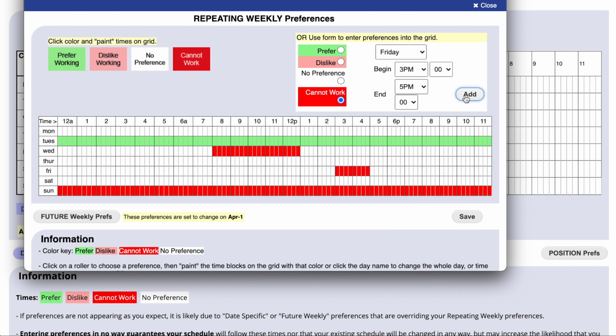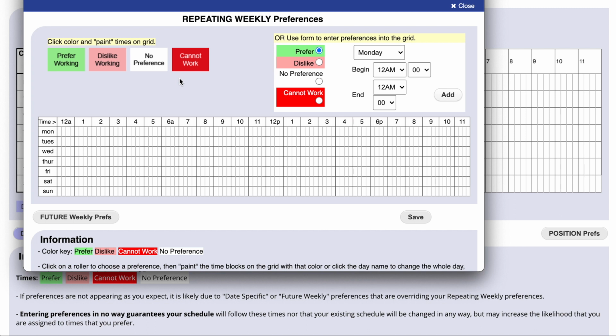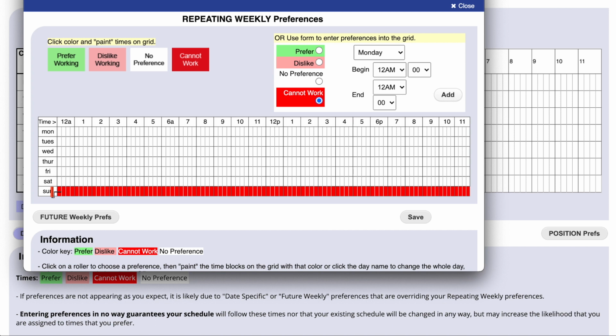When you've set up your repeating weekly preferences just as you like them, let's review. As you can see, the availability preferences are color-coded. Green means that you prefer working at this time, while pink means you'd rather not work. White means no preference, and if your managers allow, you can enter red for cannot work. For example, if you cannot work on Sundays, click red, then choose Sunday, and the whole day will be marked